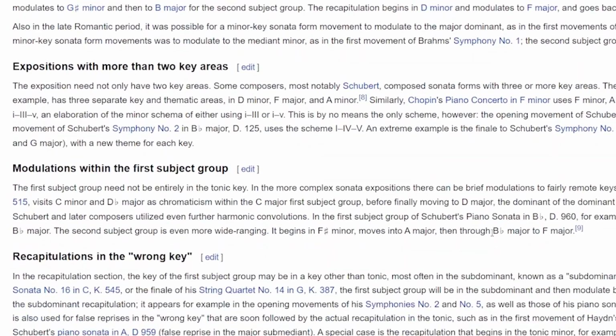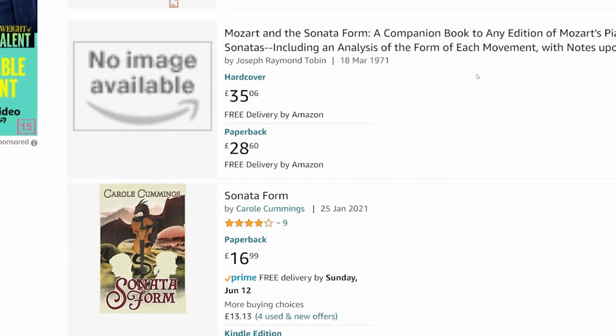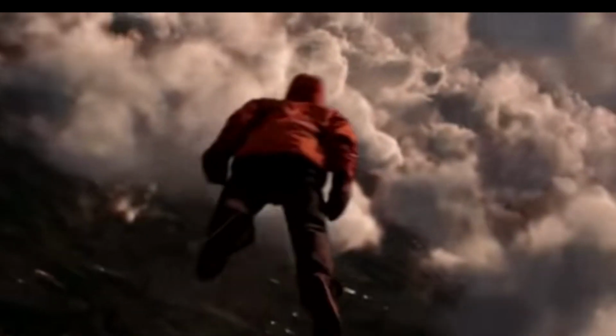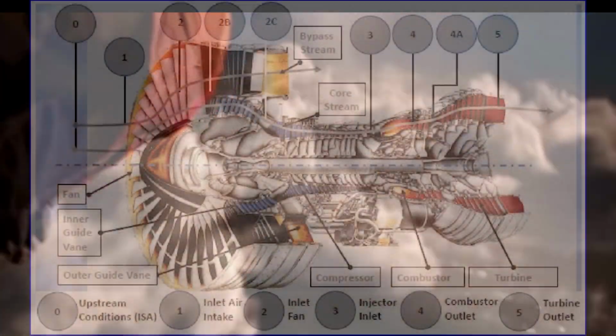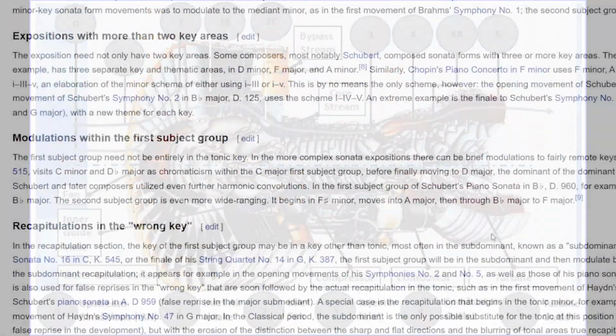Now, you're welcome to plunge into the multiplicity of complexities that is the permutations of the sonata form. Entire books have been written about this. But it's worth bearing in mind you don't have to understand how a jet engine works to appreciate the beauty of flight. You don't need to know the panoply of different permutations of the sonata form in order to understand,